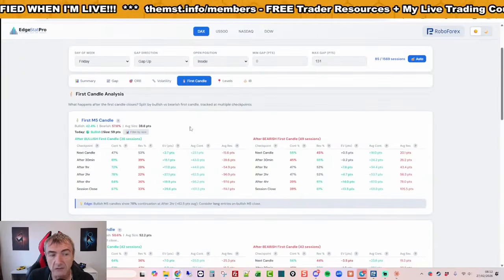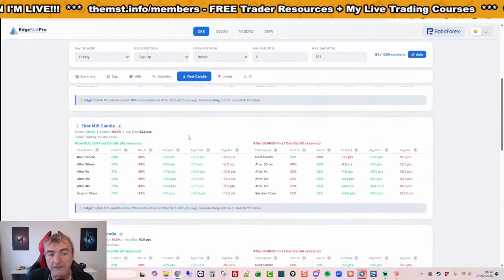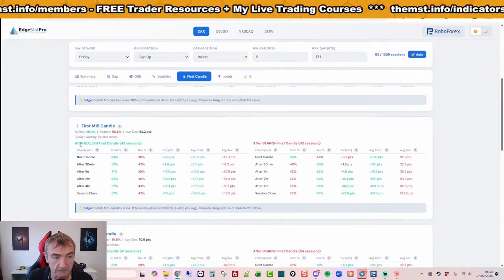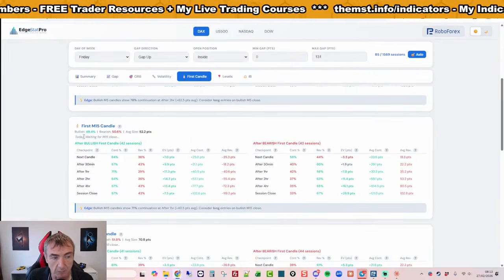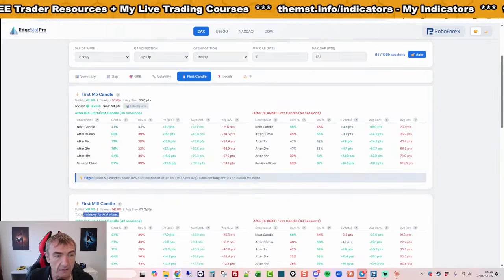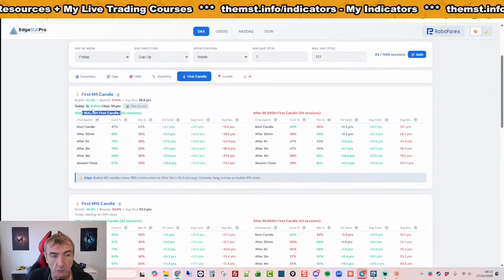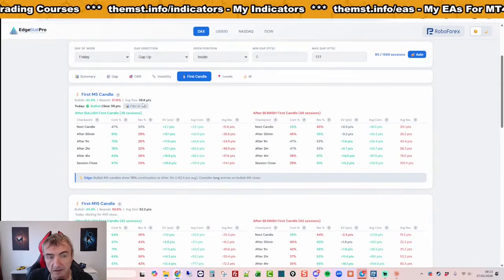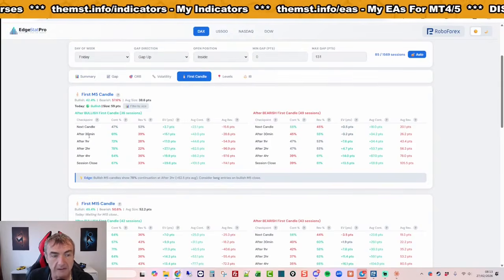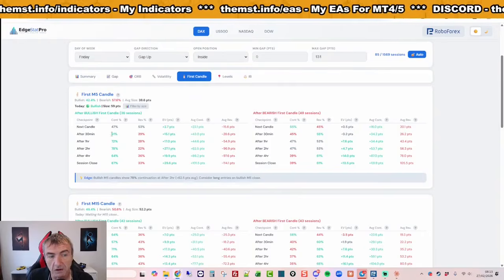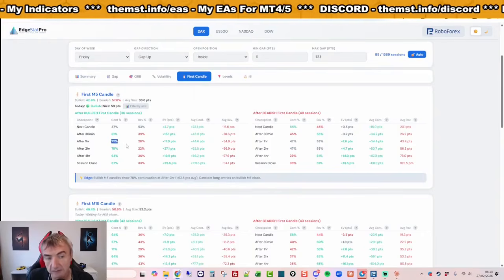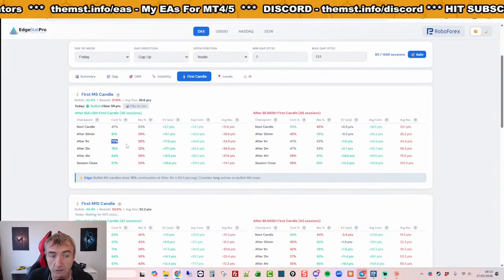Looks at the first candle. So what are the probabilities of continuations after the first candle? So for today, for example, we haven't got a 15-minute candle yet, but the 5-minute candle today was bullish and it was 59 points. On average, it's 38. So the probabilities after 30 minutes are that we will be long. Basically, after an hour, there is a 72% probability we'll be long.